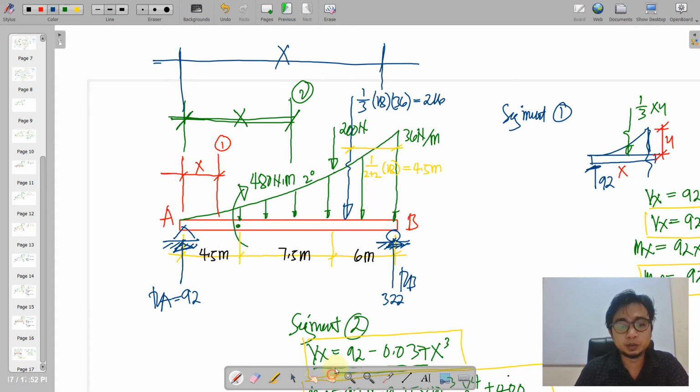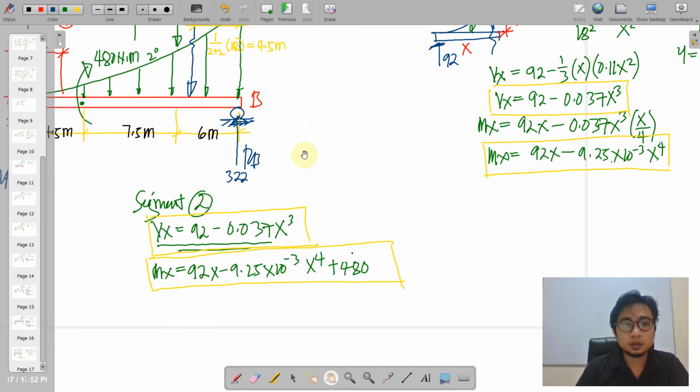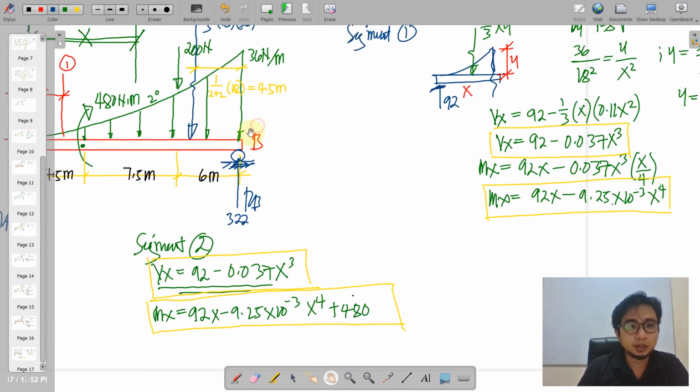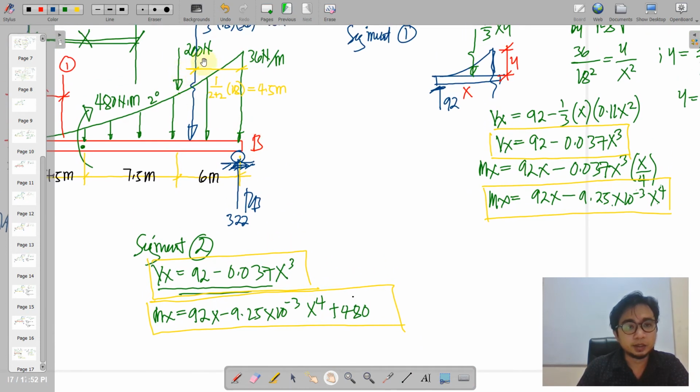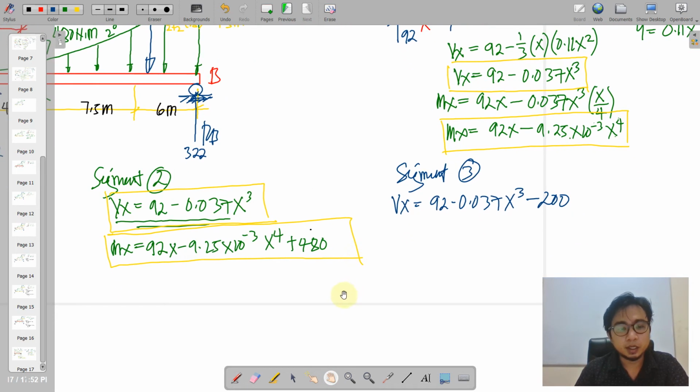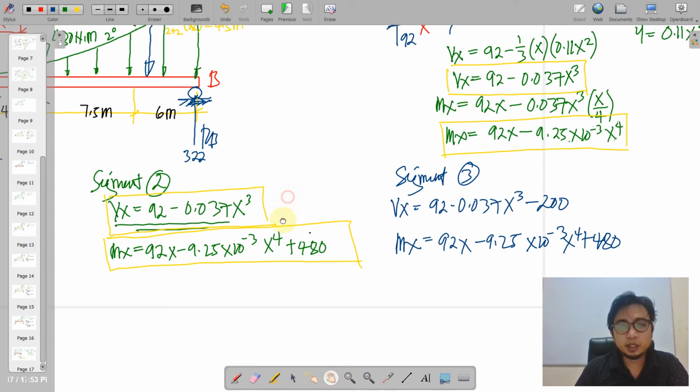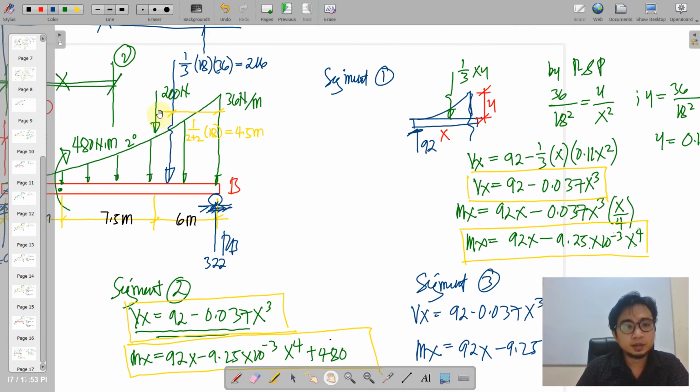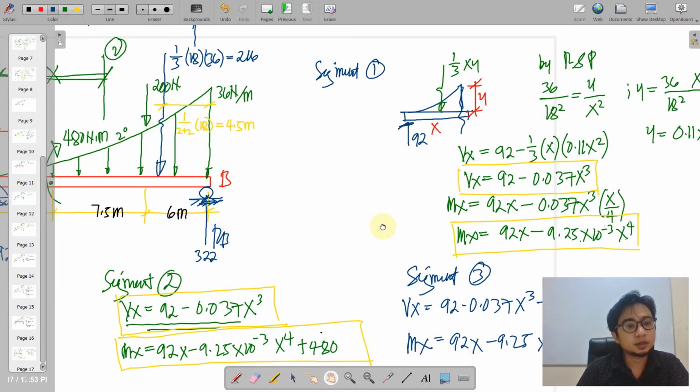So this is just to be copied and then we subtract 200. Then Mx is maintained, but we also need to add the effect of this 200, and that is 200